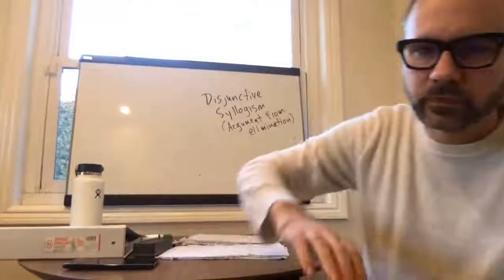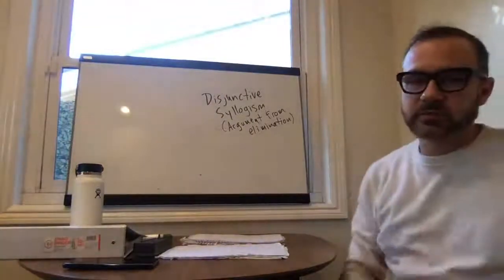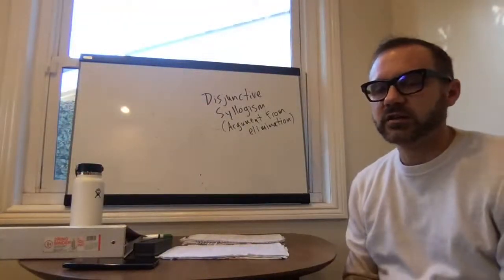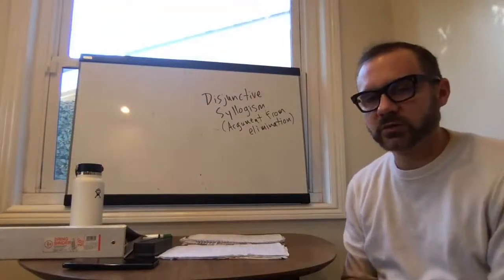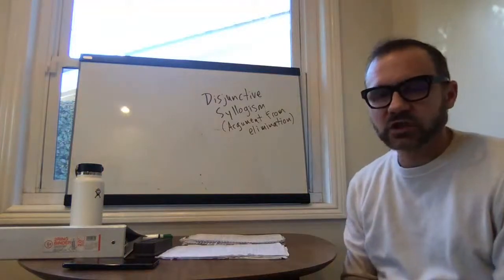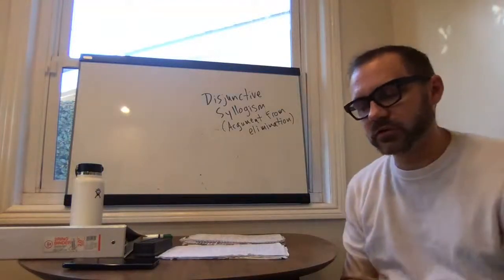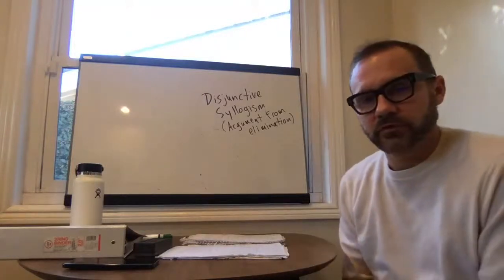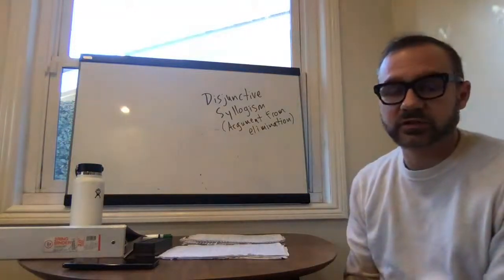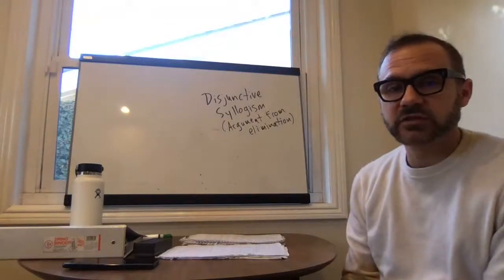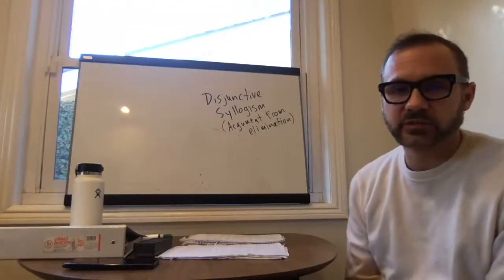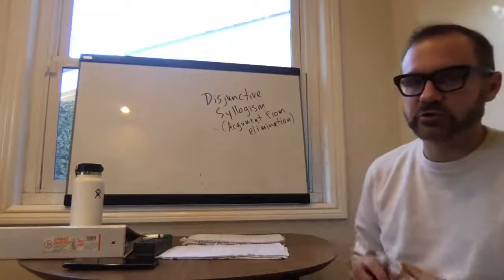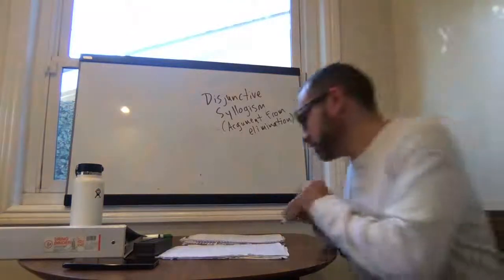Okay, so disjunctive syllogism. The syllogism part of the name comes from the fact that it is a form of valid argument with 2 premises. The disjunctive part of the name is because of another reason. So in language and in logic and grammar, there's a certain type of sentence which is labeled a disjunction. And this disjunctive syllogism utilizes that type of sentence in the overall structure of the argument. So a disjunction